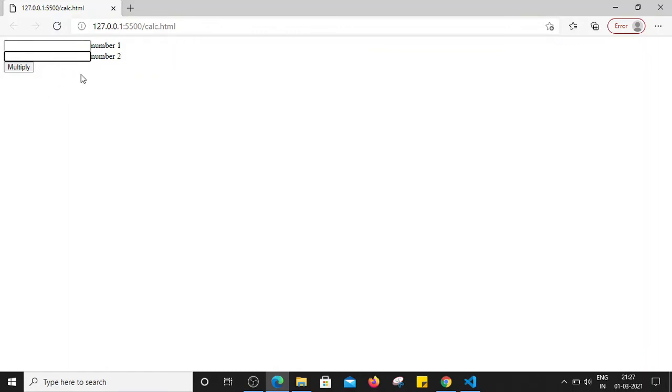And that action should happen only when the user clicks on this multiply button. So there are three things. First we will have to locate these two elements. Then we will have to capture those values, and then multiply those two values and store the result, and this result should get displayed below in the paragraph which we have created. And all these actions should happen on clicking of this multiply button.